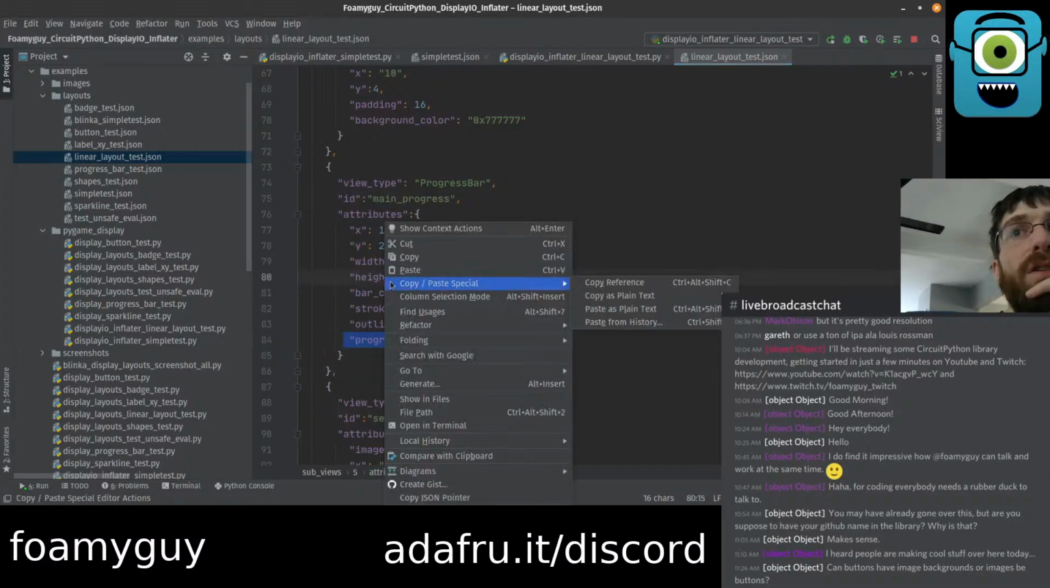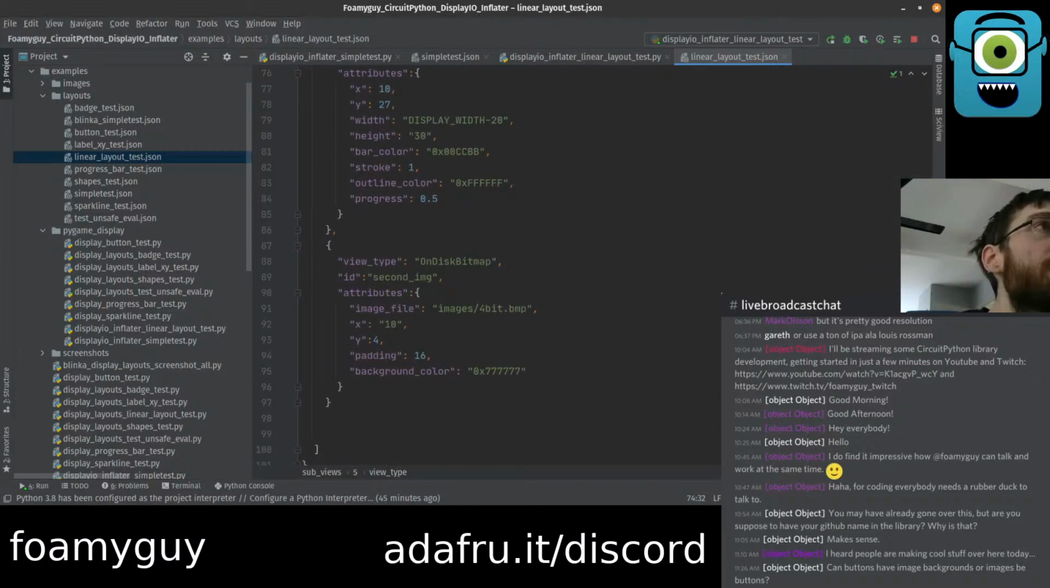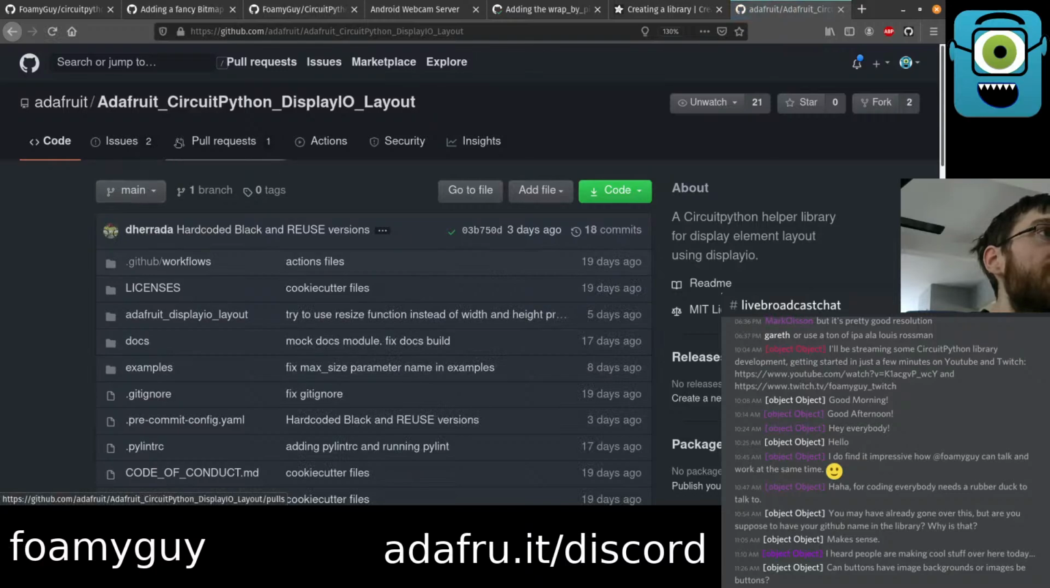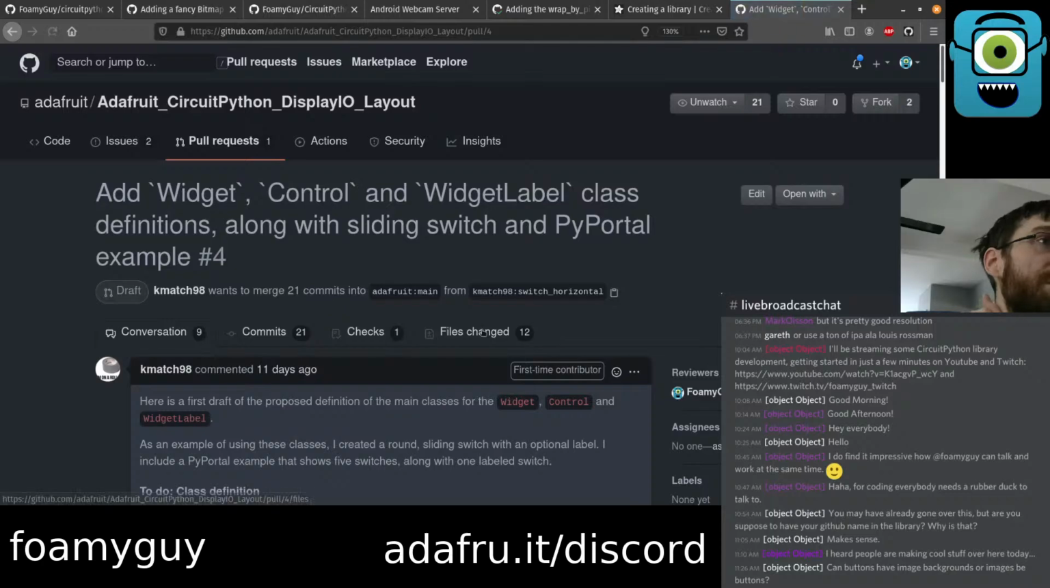Can buttons have image backgrounds, or can images be buttons? Not right now, not exactly. You could do it, there's nothing stopping you from writing a little bit of code to do it. Really the thing that I would encourage for that, and the thing that will give us the ability to do that, is actually inside this library right here, displayio layout. And it is the thing that Kmatch is working on, which are these two,